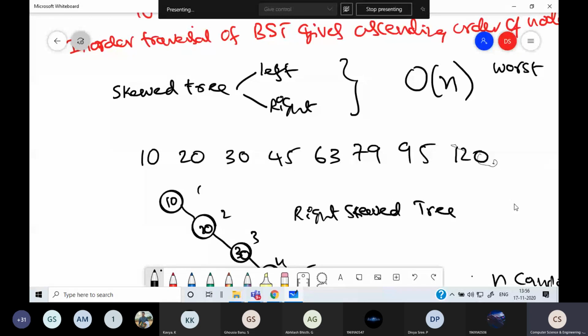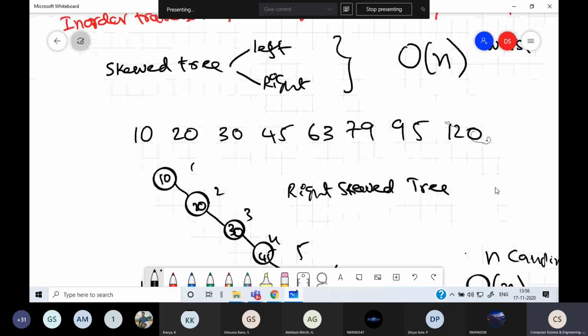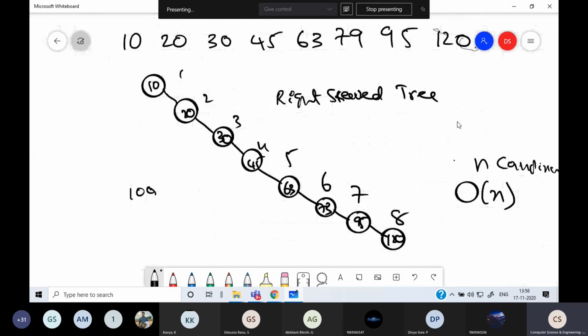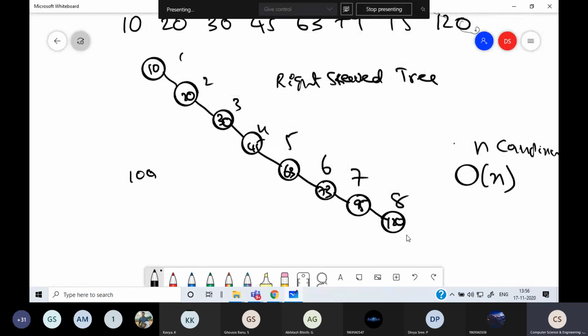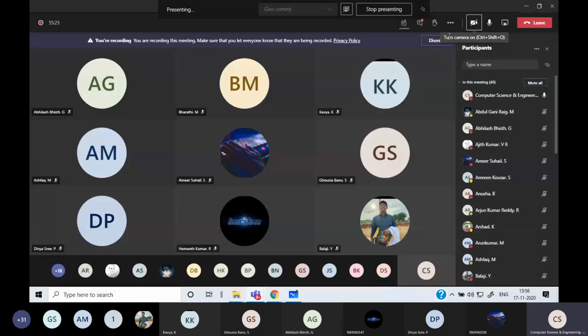But in special cases, when the tree is skewed, left or right, it degrades. A tree is said to be left skewed when all the nodes are on the left side, or right skewed when all the nodes are on the right side. So this is about the binary search tree. We'll be learning the programs in the subsequent classes.